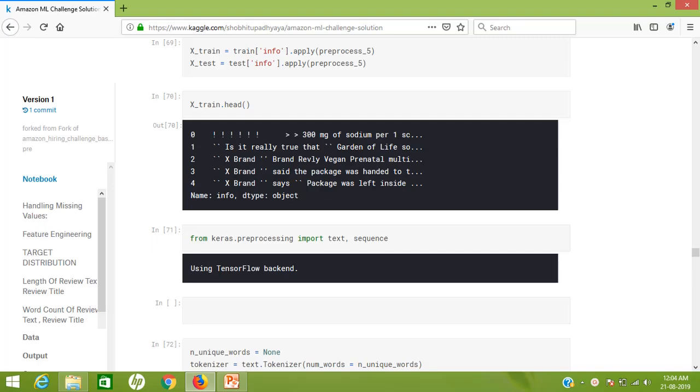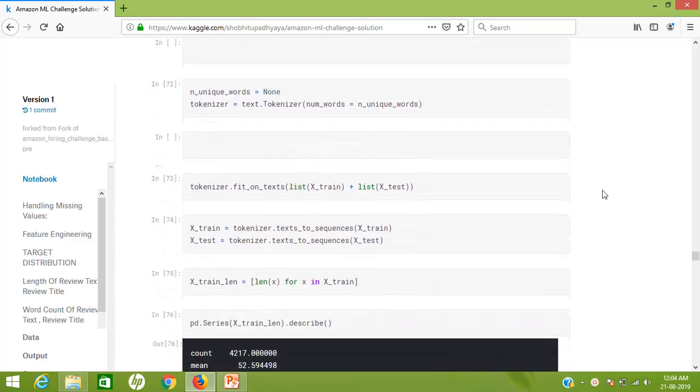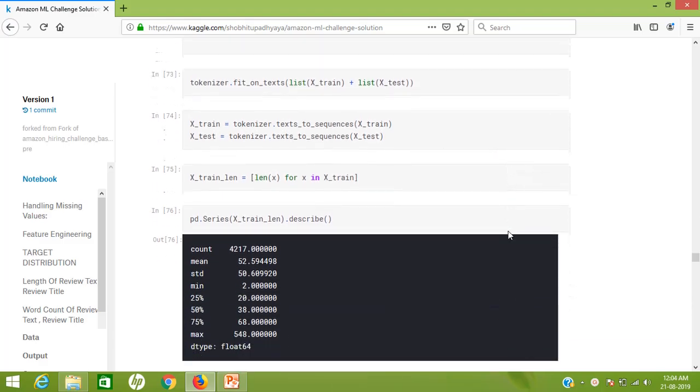I am creating the X train and X test by applying the final pre-processing on the feature. I am also using Keras tokenizer and convert the text tokens into sequences. Let's analyze the length of sequences. We have sequences of various lengths and we need to convert them into the same length.